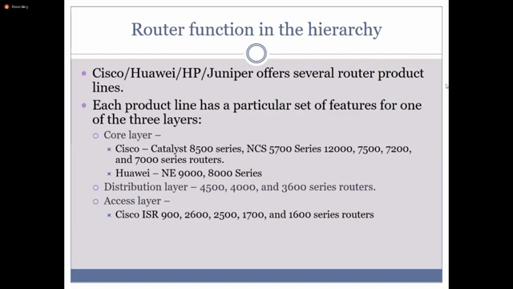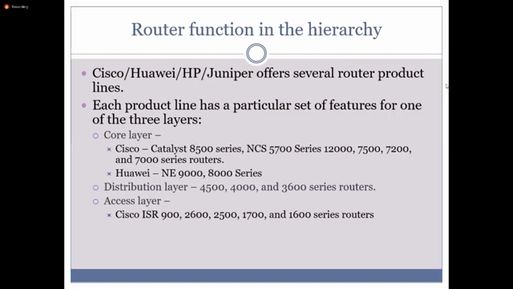So when we are talking about the router, there are Cisco, Huawei, HP, Juniper, whatever the router is. Each product line has a particular set of features for one of the three layers. In the core layer, the Catalyst 8500 series and NCS 5700 series are the routers. The 12000 and 7200 are sometimes a little bit obsolete, but remember the numbers.